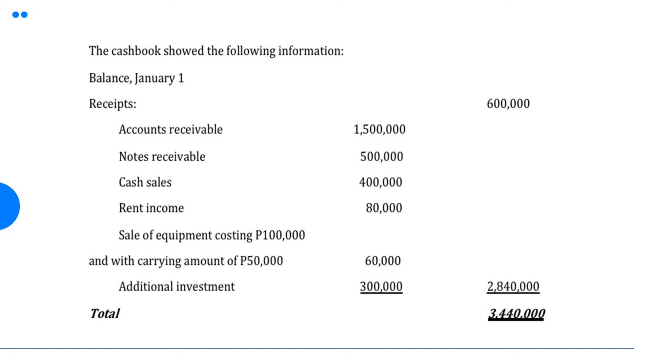The cash book showed the following information. So for the balance for January 1, 600,000 pesos, and the receipts with a total of 2,840,000 includes the following: accounts receivable 1,500,000, notes receivable 500,000, cash sales 400,000, rent income 80,000, sale of equipment costing 100,000 and with carrying amount of 50,000, which is sold for 60,000, and the additional investment of 300,000. So the total of 600,000 plus 2,840,000 is